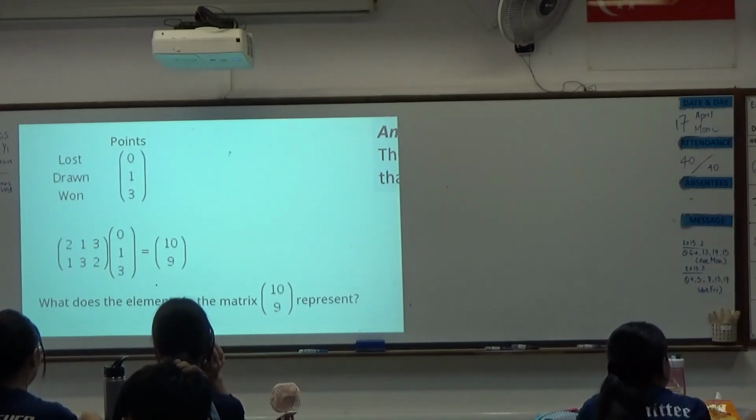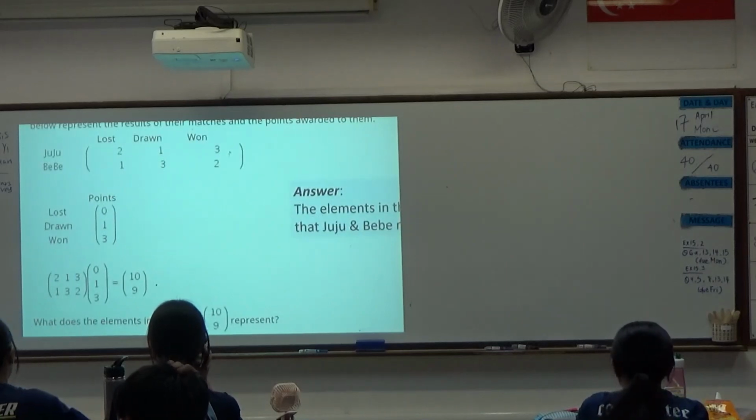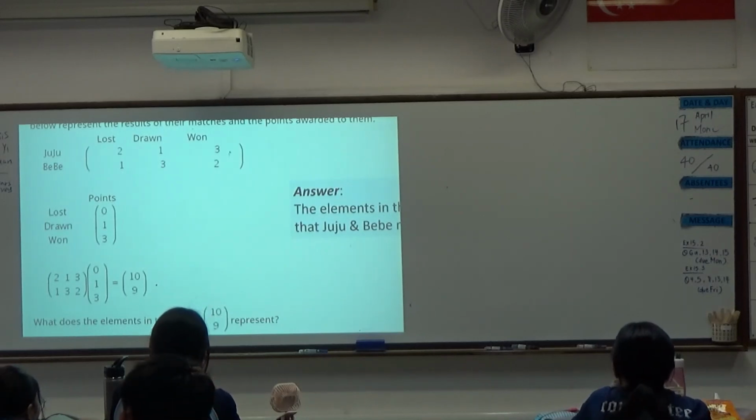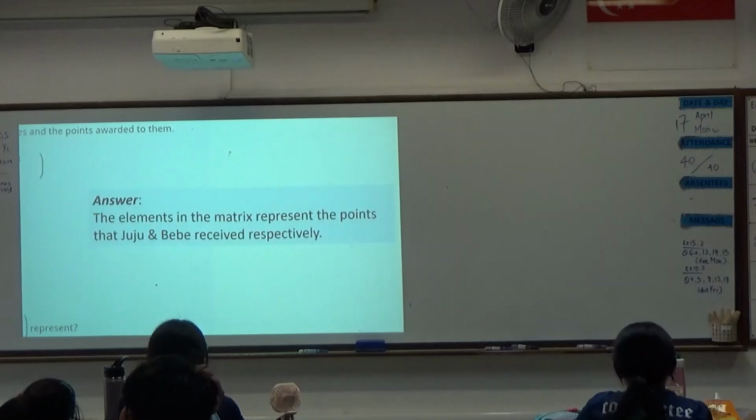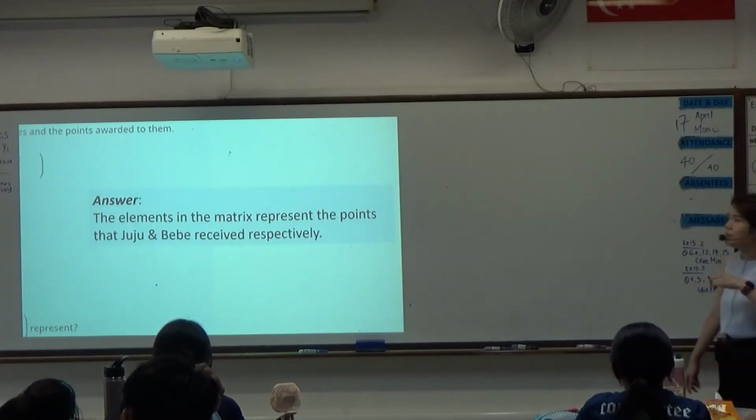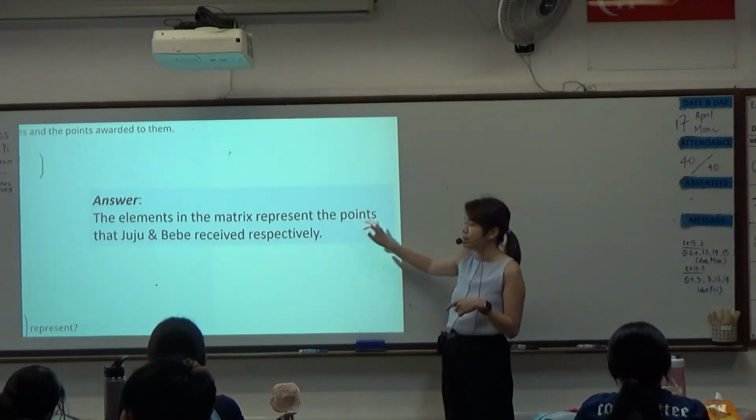And what do the numbers actually mean? 2, 1, 3 is the loss, drawn, won for Juju. And then after that, 0, 1, 3 is the points. So 2 losses multiplying with the points 0, adding up with 1 drawn multiplying with points 1, and 3 won and 3 points for winning. That will actually result in 10 points when adding up. Therefore, in phrasing our answer, we can say that the elements in the matrix represent the points that Juju